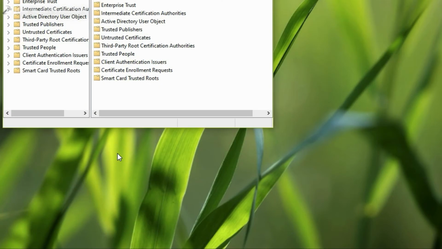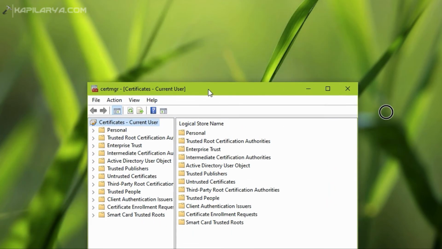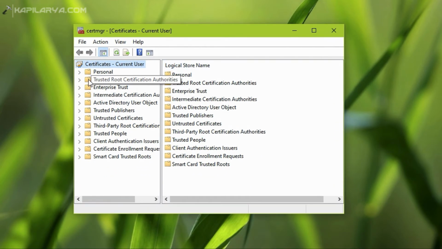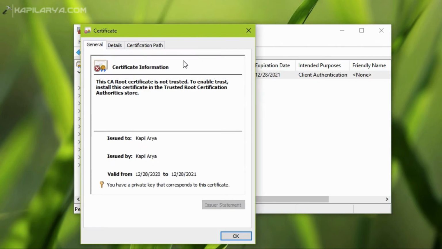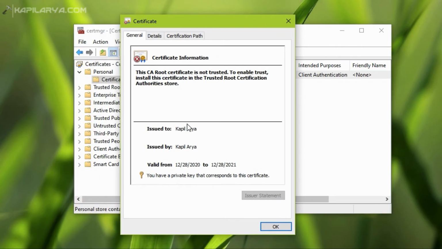Also you can identify it with the subject if there are certificates issued with different subjects installed on the personal store. So we will again open the certificate manager and go to personal, which did not have any certificate earlier, but now it has a certificate, and this is the self-signed certificate we generated right now. So we will now double click on the certificate to get its details and check if the information or parameters we specified are correct or included.